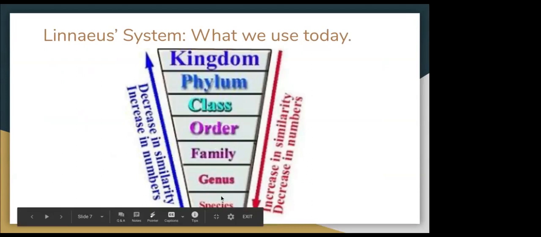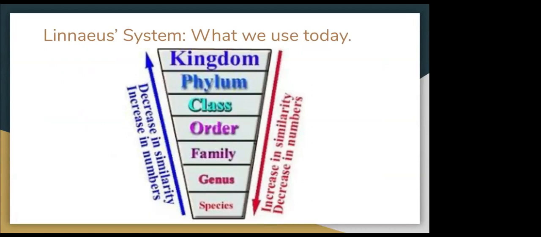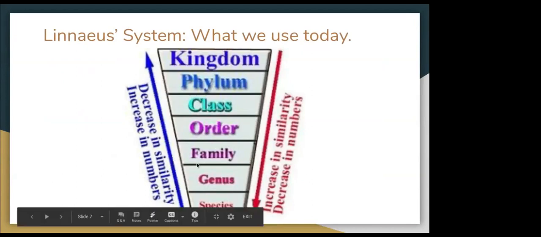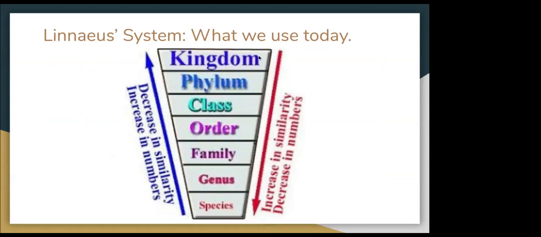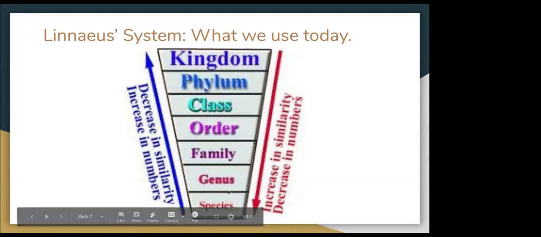narrower in what fits into those categories. There are 6 kingdoms in total right now, and we will discuss those in the next video. And as we go further and further down the system, more and more things get taken out as you specifically get to a certain animal or plant or